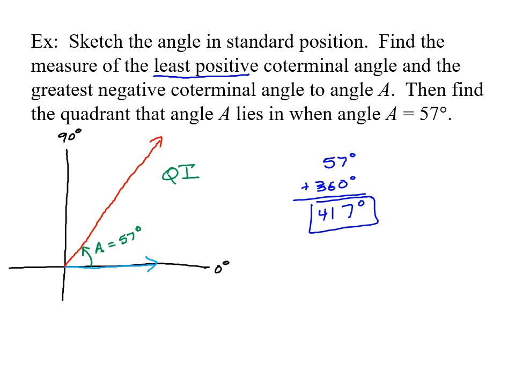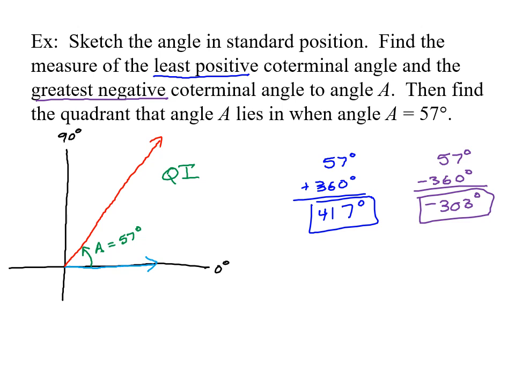If I want to find the greatest negative coterminal angle, I would take the 57 and subtract 360. That way, I actually will end up in the negatives, and that would be okay. So you get negative 303